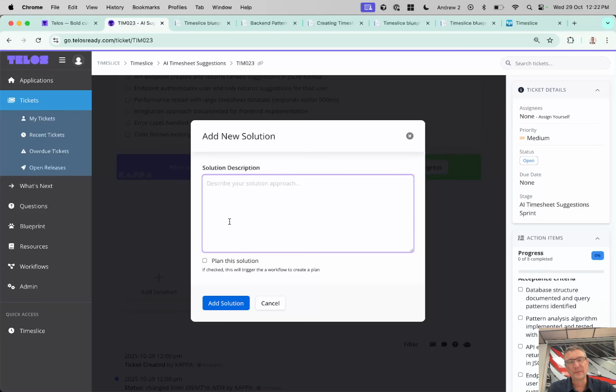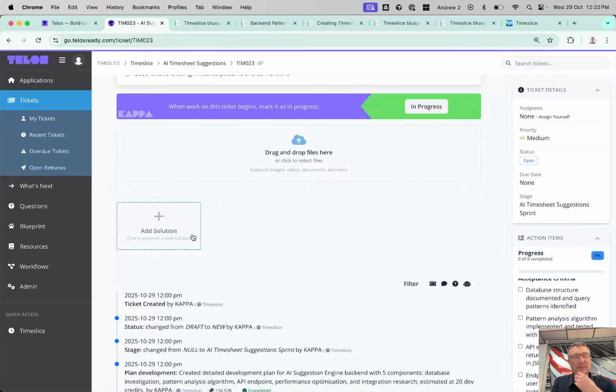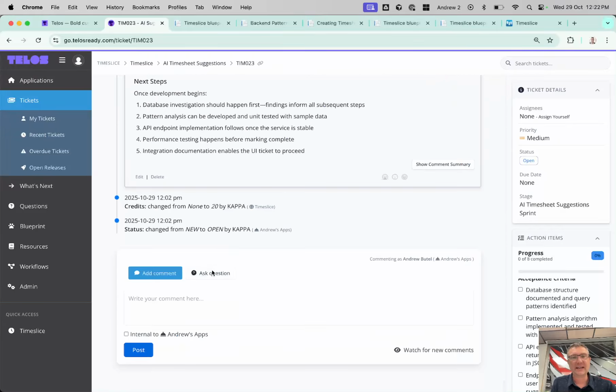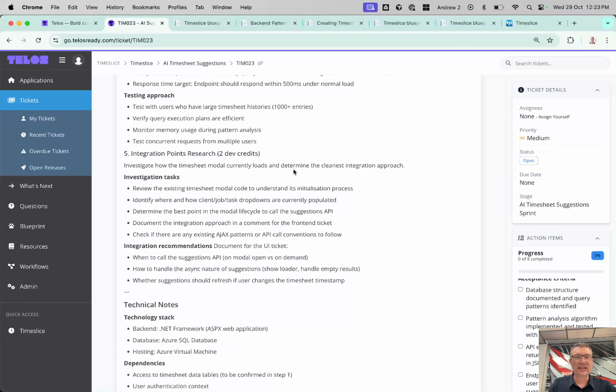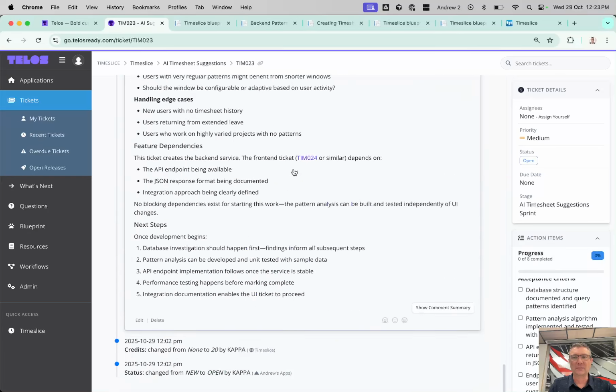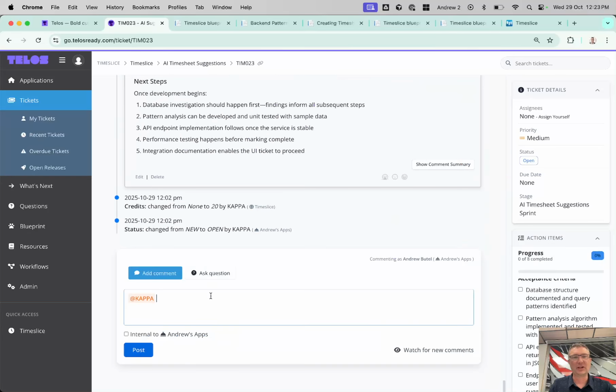But the second approach I can take, there's a couple of things I can do. Down in the chat, and this is where you are going to want to learn some of the shortcodes, because let's say I don't like the plan. Let's say I have some ideas about what I want it to do. It's creating a recommendation engine, but I might have, the planning is an iterative planning, so I can come in here and I can just use the plan dev, and you can see the description. I'm going to iterate on the plan. If I give it some more information,